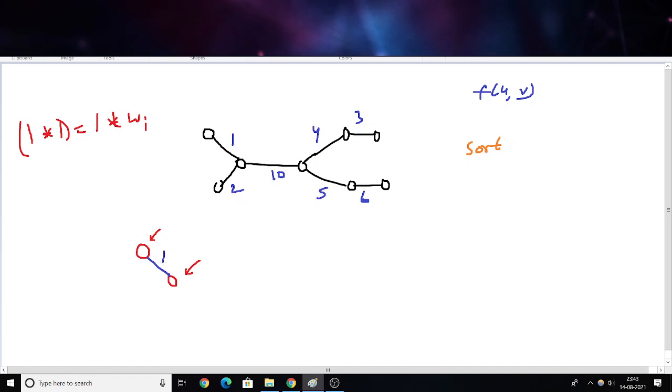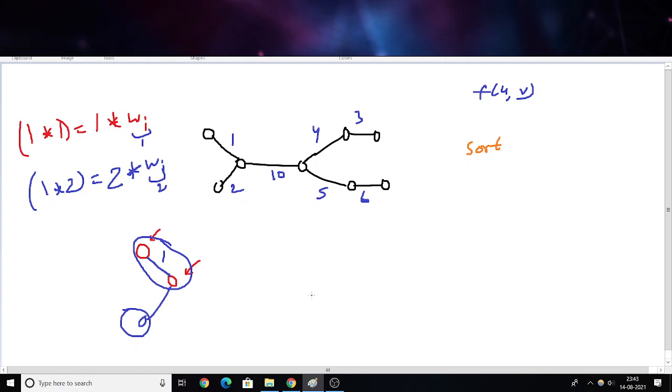Then I consider the next, which is this one. Before considering this edge, we ask what is the size of the component. This component has size 2 now and this one has size 1. So 1 multiplied with 2 is basically 2. So this edge will appear 2 times in our answer, and we will multiply it with the weight of that edge, which is here 2, right? This was 1, and then we connect them, and so on. We keep doing it. For this one it's going to be 1 multiplied with 1, then for this one it's going to be 1 multiplied with 2, and so on, right?